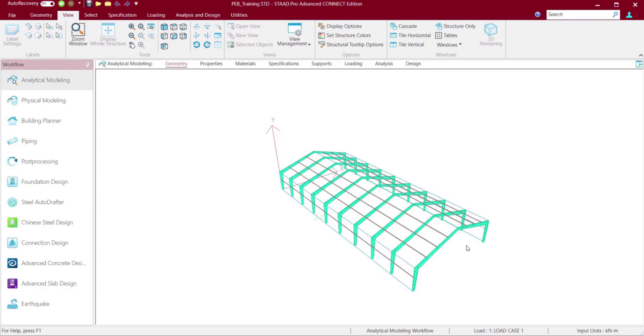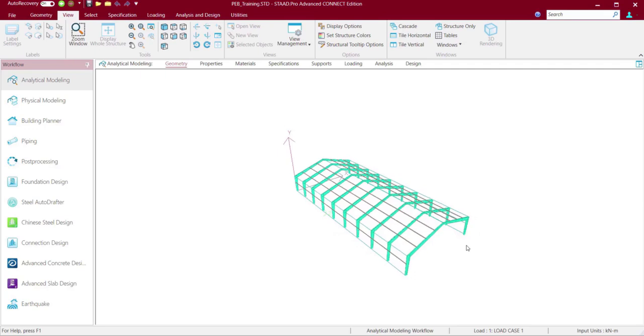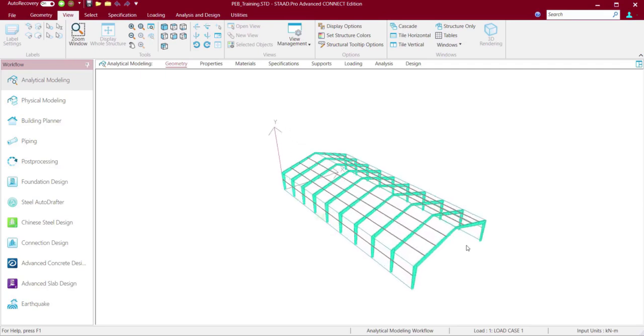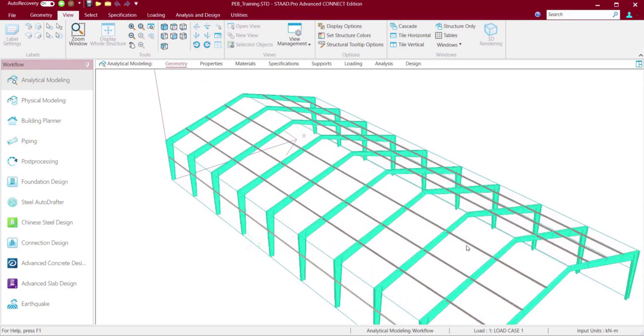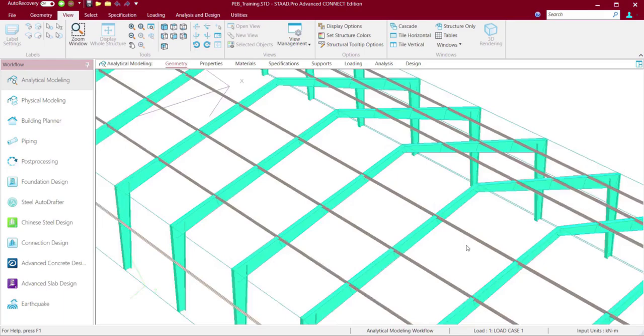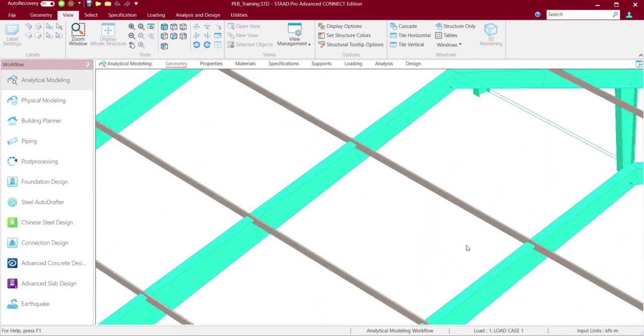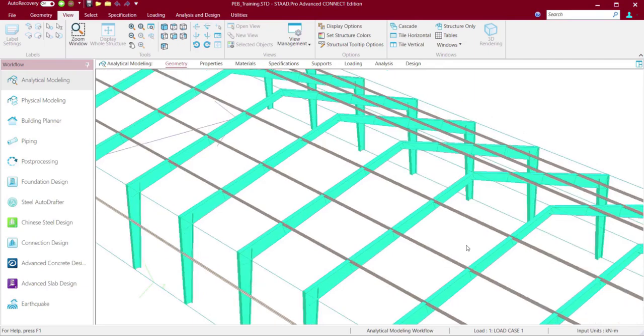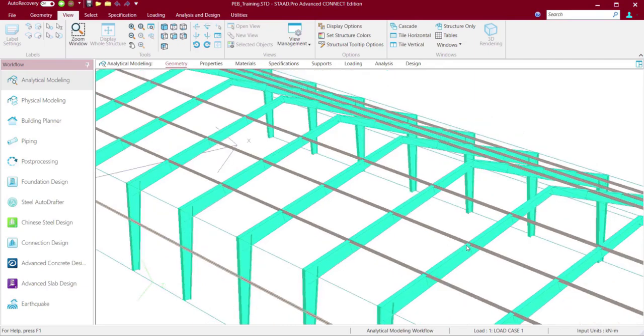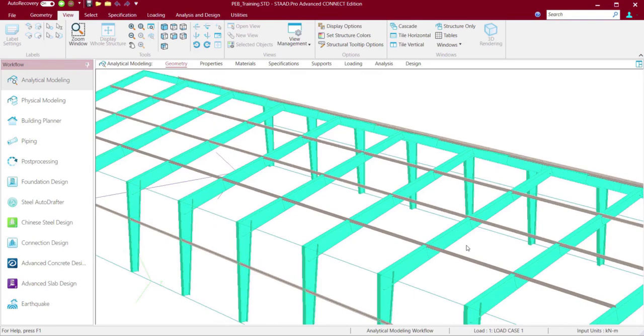Now, this placement of these girts or the purlins at its exact position, maybe it's connected to the tapered member at the centroid or at the top flange. That's not that much important, and the change in result is not that significant, but sometimes a user might want to model